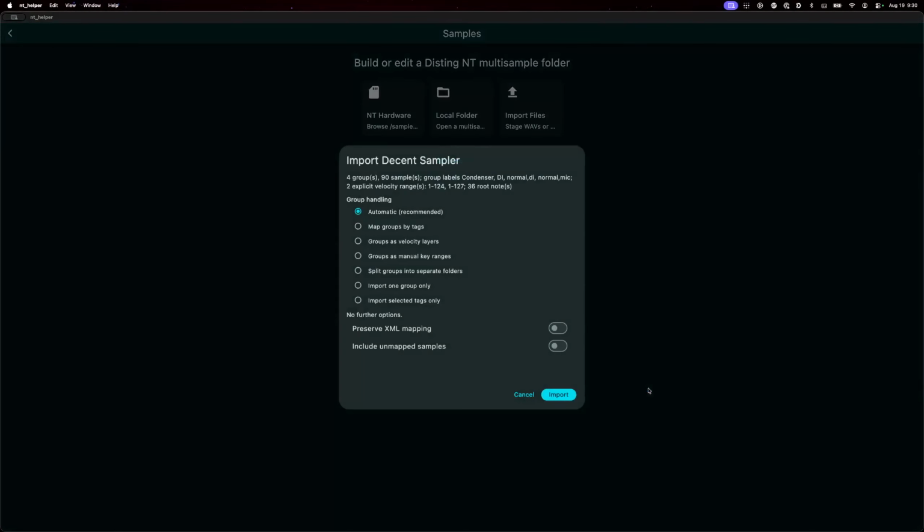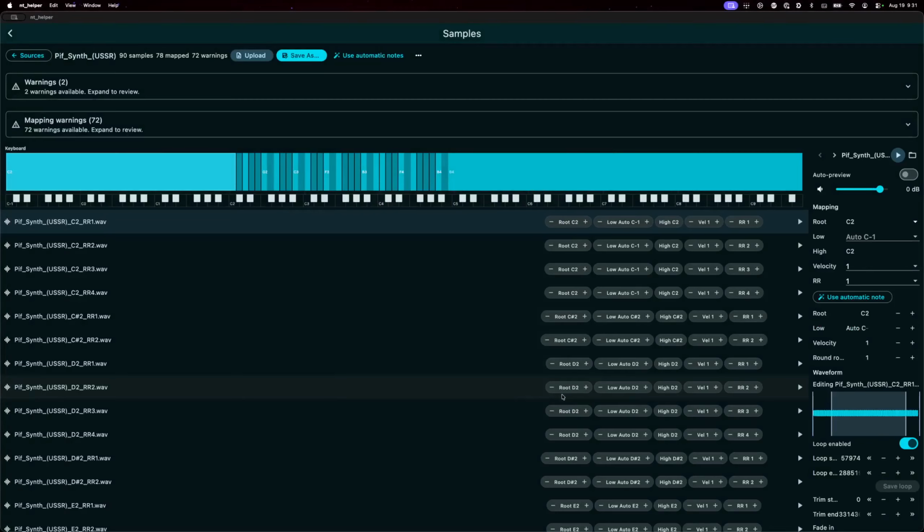We can say open. There's a bunch of different ways you can do this. I'm just going to go automatic here and import it. And you get this sort of complicated looking thing, but what's interesting about this